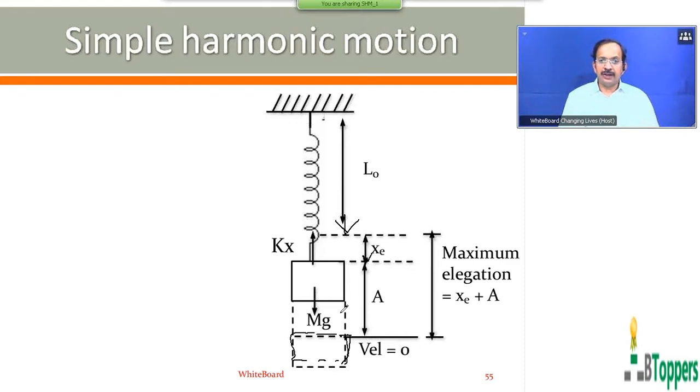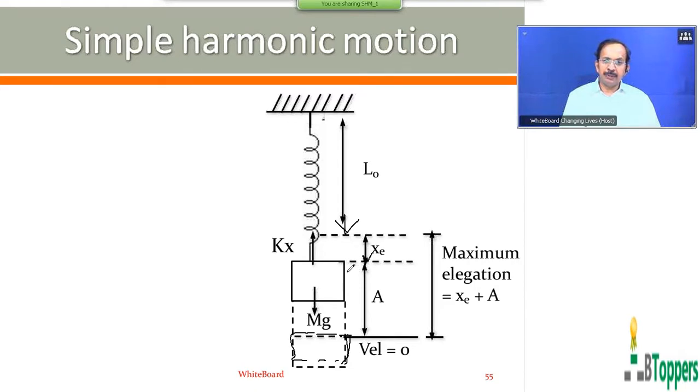That means I am now considering the subsequent motion of the block after it is released from rest. We assume that the block is originally at rest in the equilibrium position. It is further pulled down by some distance below the equilibrium position and then released from rest so that it oscillates vertically. The lowest position of the block from where it is released corresponds to where its velocity is zero. That can be taken as one of the extreme positions for oscillations.